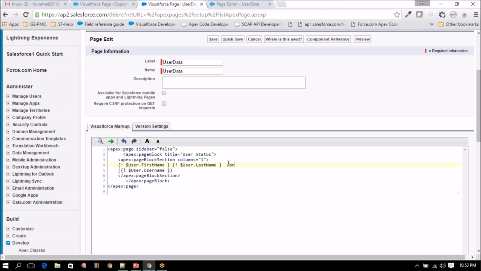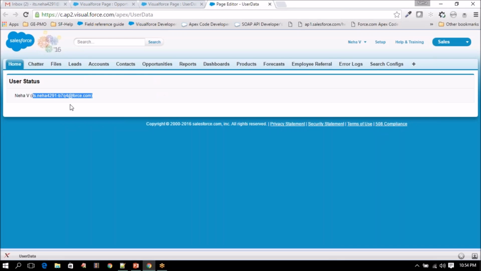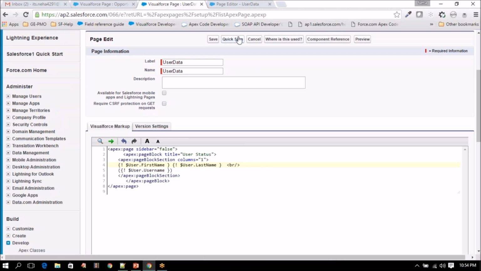Are you aware of this tag? Yes, break, line break. Exactly. When you use this one, the username will come below. Just click save